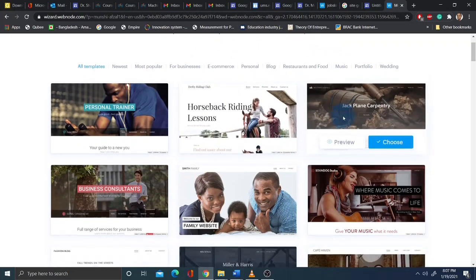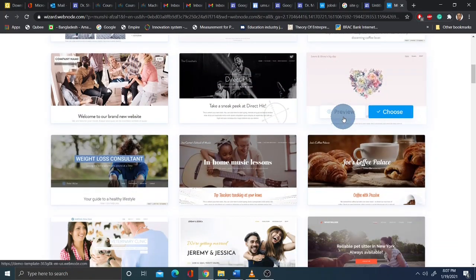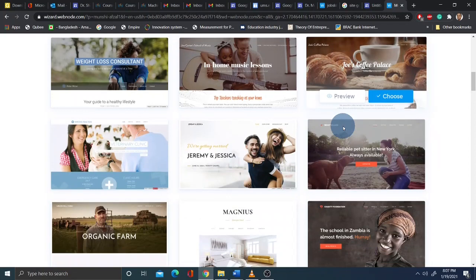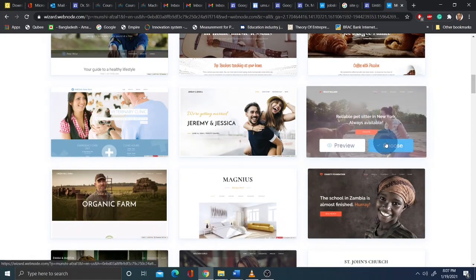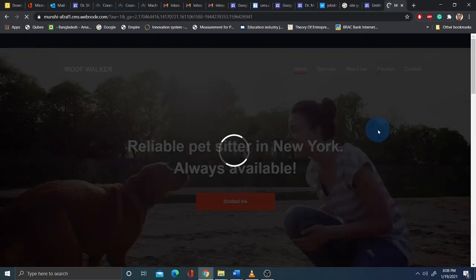So in here you can choose any template that you like according to your need and according to your background. So let's assume that I'm going to choose this one. You can choose any one if you are interested. The website is going to be made in just a drag and drop way. So it will be very easy and very convenient for students and beginner job applicants who would like to apply for different places. They can link their portfolio website to their LinkedIn profile or any other application portfolio.